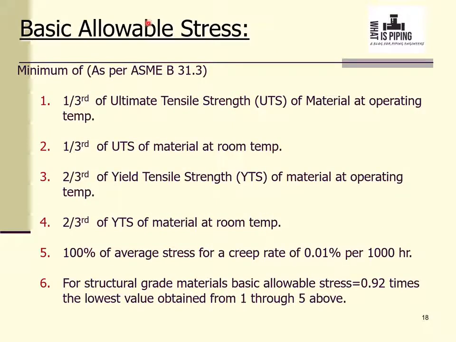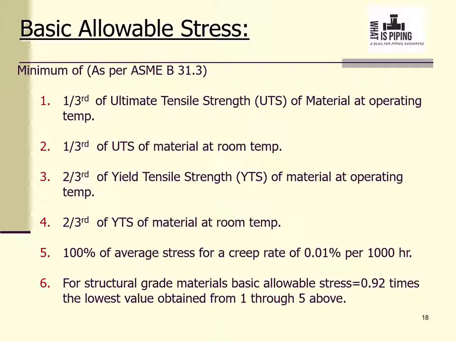Now basic allowable stress. Basic allowable stress is the SC or SH values that we normally select from those tables, table C1 and table C1M. Now code decides that based on the minimum of 1/3 of ultimate tensile strength at operating temperature, 1/3 of ultimate tensile strength at room temperature, 2/3 of yield tensile strength of the material at operating temperature, 2/3 of YTS of material at room temperature, 100% of average stress for creep rate of 0.01% per 1000 hours, and for structural grade